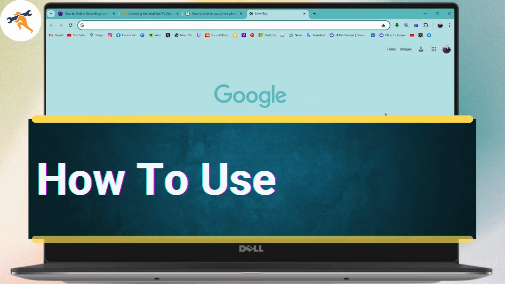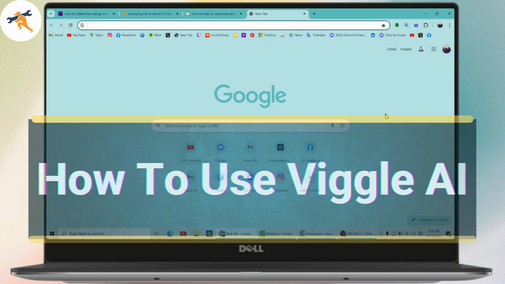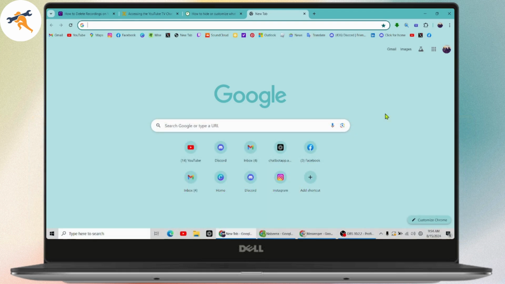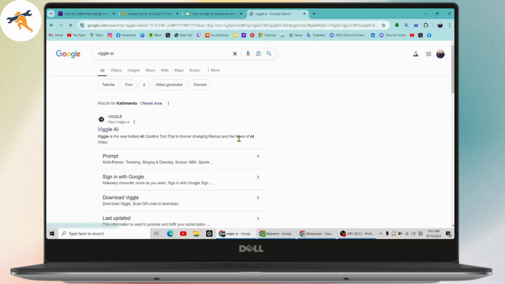How to use Viggle AI. So if you want to use Viggle AI, then what you need to do is first open up a browser, any browser that you're comfortable with, and search for Viggle AI. Once you've searched here, you just need to simply go with Viggle AI or Viggle.ai, and it will take you